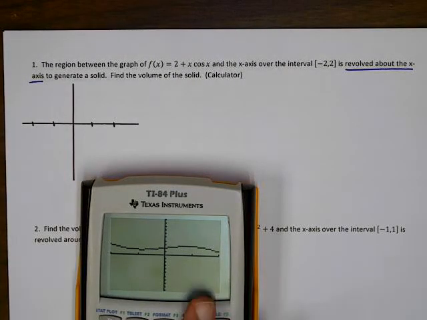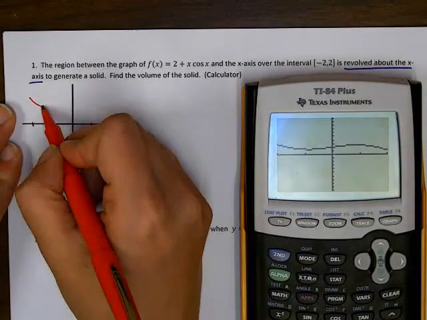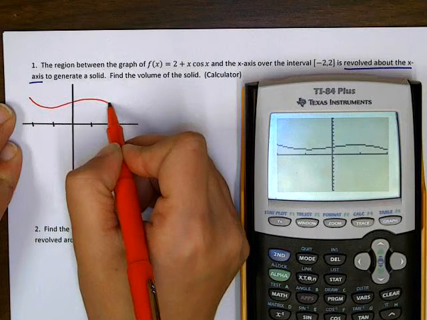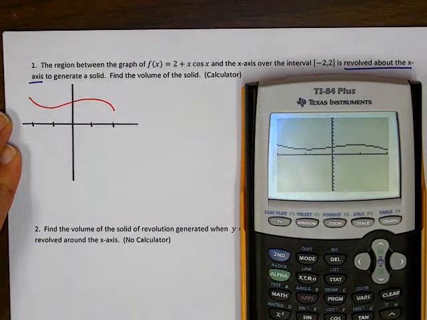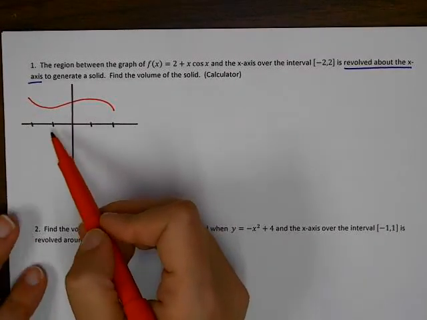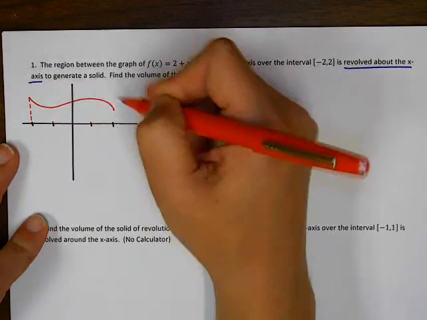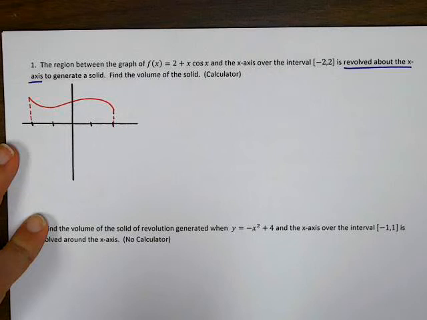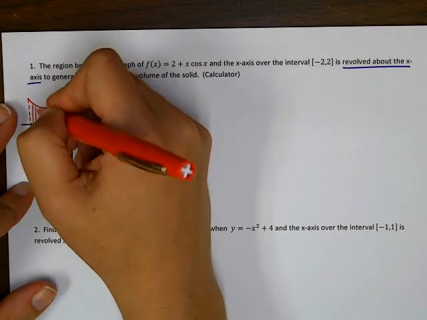It looks like my graph in this question looks like this. Now I don't need to be super precise here about the exact y values, but it looks like it kind of goes like this. Okay. Now this solid is created between here and the x-axis, between -2, which is here, and +2, which is here. So I'm taking this region